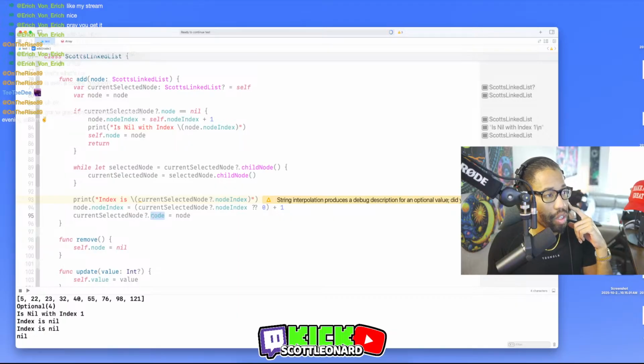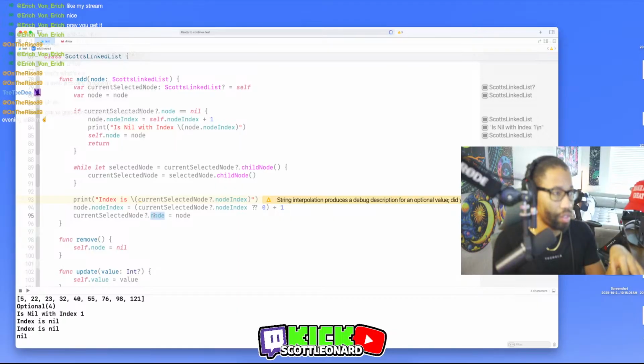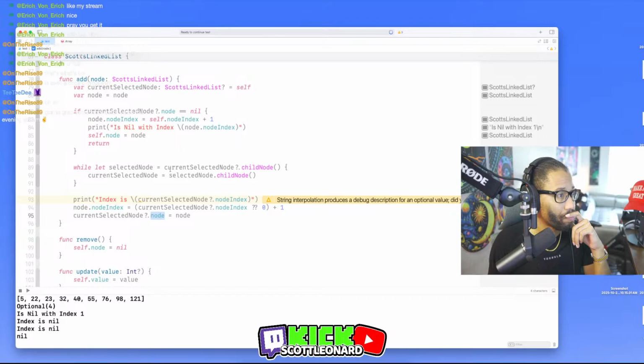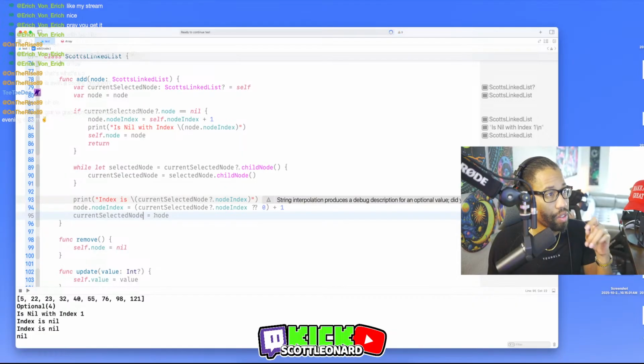This might be current selected node, child node. Which is the same thing though. Actually, I think this is supposed to be current selected node equals node.